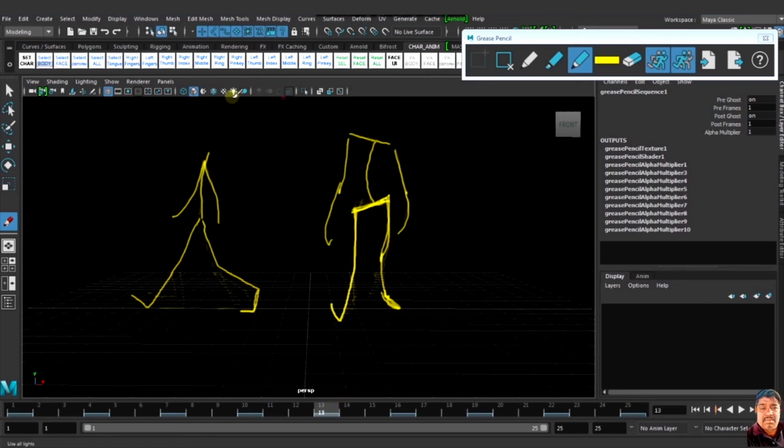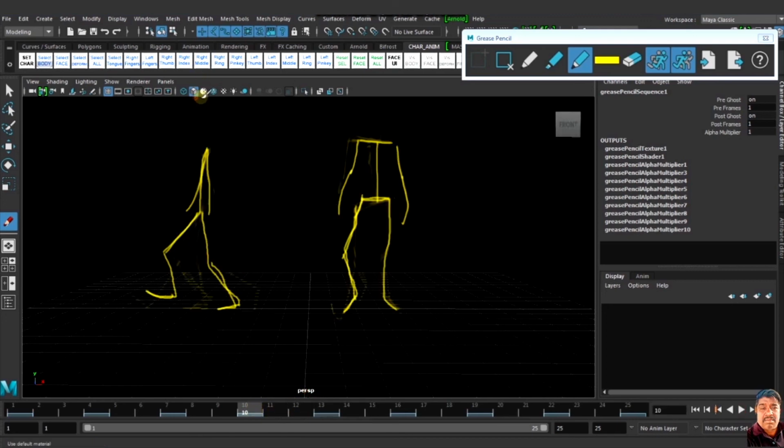In 13, it is like this. This is much more exaggerated. It is not, it is like this. It is a little bit, not so much.